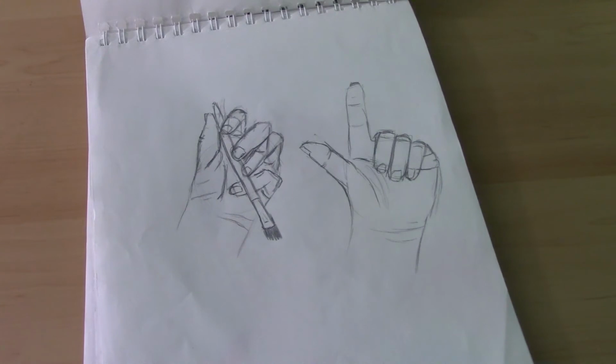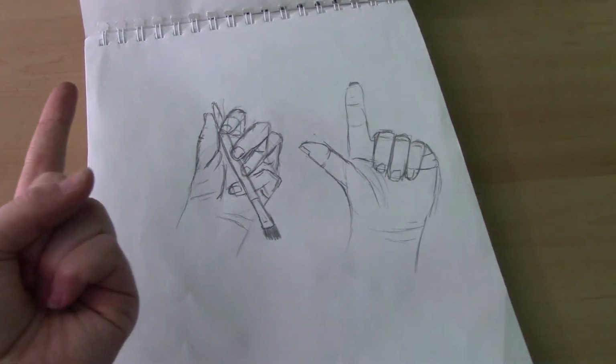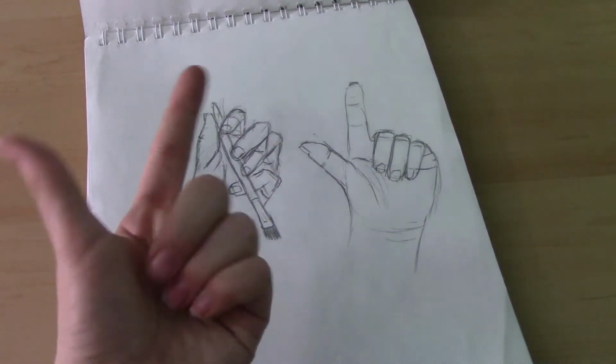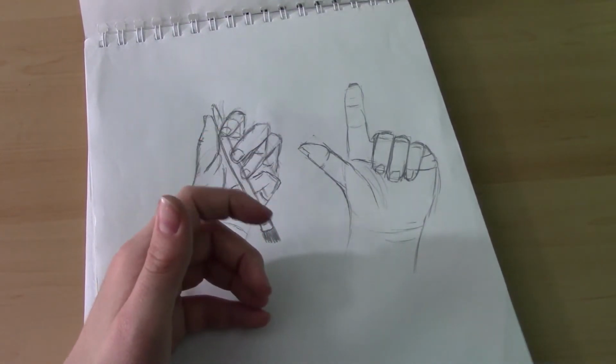These are some more drawings of my hand. I just put a paintbrush in my hand, and I just did like that. I like drawing my hand like that. I don't know why, but I just feel like it's very...